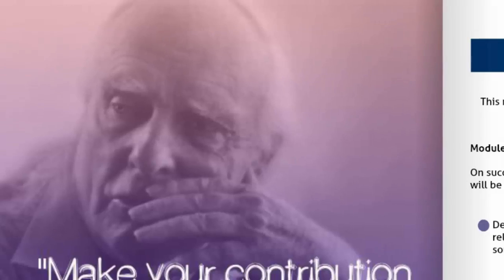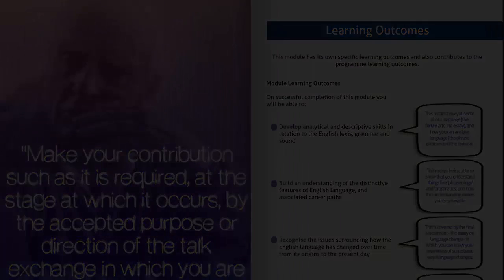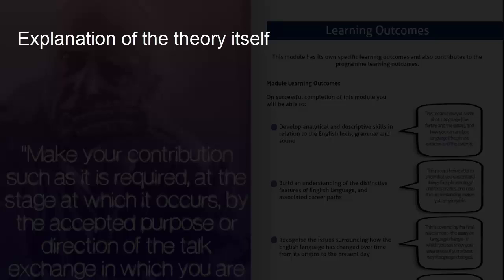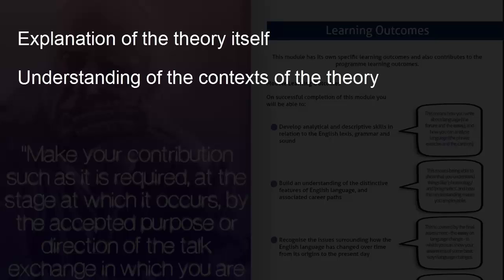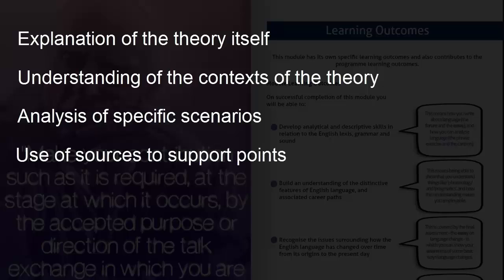Having tackled the issue of sources, then perhaps we can think further to other areas of the essay that it's required to address. Here's an example of some generic feedback statements for a Level 4 essay based on the analysis of a particular theory of language. The broad requirements for the essay, based on the learning outcomes, revolve around an explanation of the theory itself, understanding of the contexts of the theory, analysis of specific scenarios, use of sources to support points, structure of the essay,